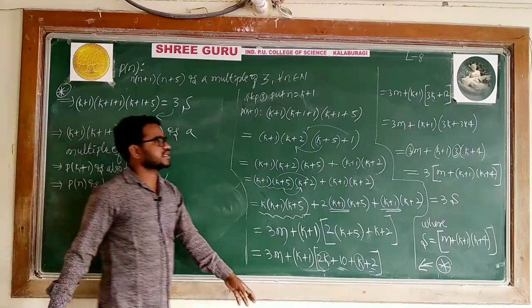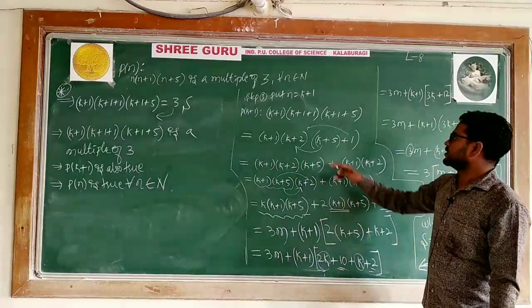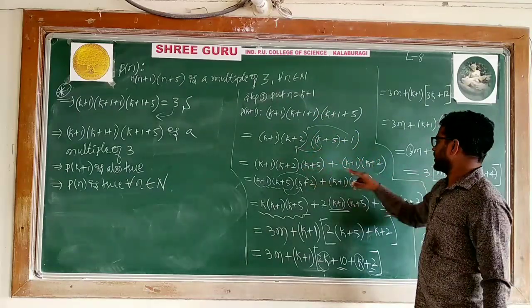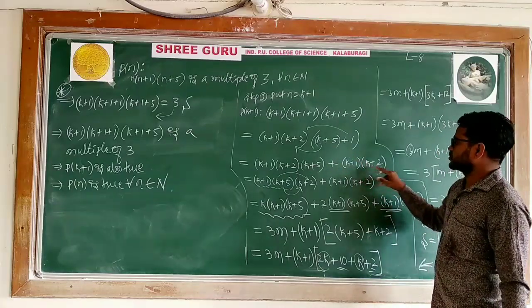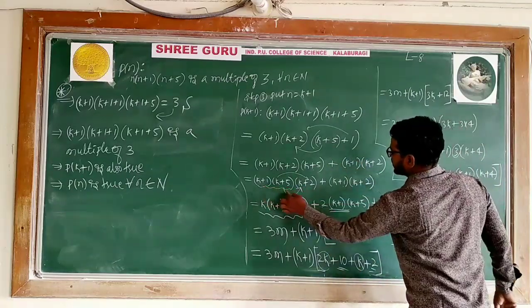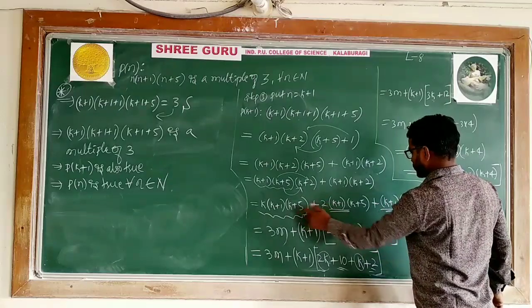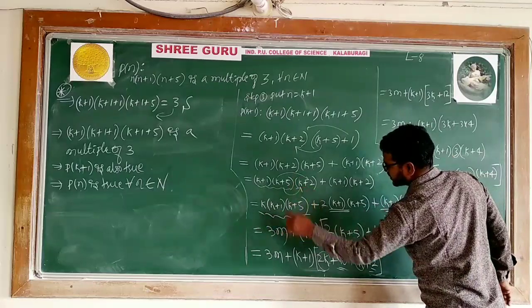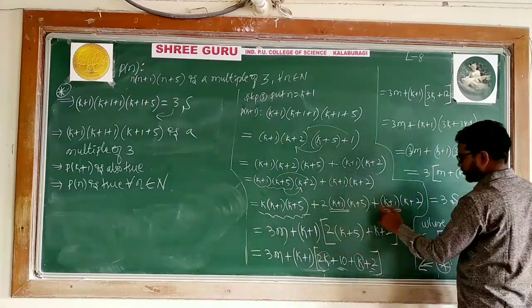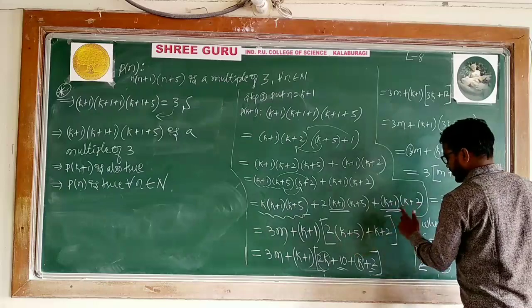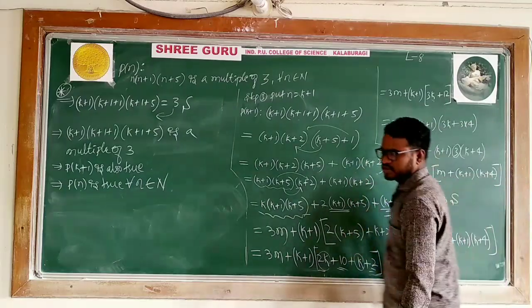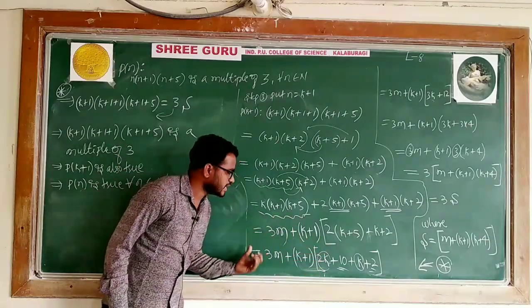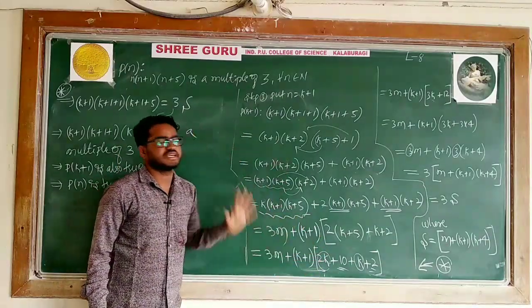It's a simple adjustment, nothing here. I took one simple adjustment here. Then I kept K plus 1, K plus 5, kept 1, I wrote. This bracket I multiplied, and then I multiplied 1 with K plus 1, K plus 2. Then K with these two brackets, I multiplied once 2 with these two terms. This I kept as it is. Then later I am taking this whole thing as equation 1, 3m. Then K plus 1 is common from these two, 2 into K plus 5, K plus 2. This you have to carefully observe. If you observe carefully what I am doing while simplifying, then you will come to know exactly what it is.